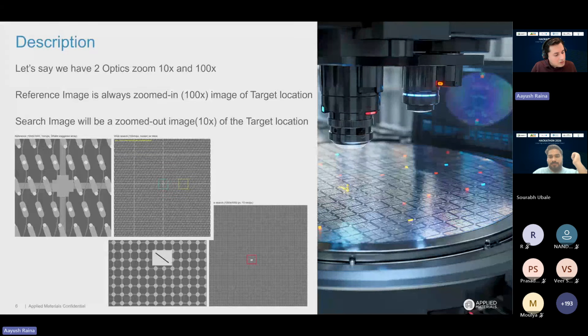Why do we need to use an image classifier? Like, we don't use LiDAR and X-ray mapping? Yes, we asked a question. So there are many ways of doing it. You're right, we can do it with LiDAR and X-ray, but I'll try to answer this question differently. Just hold on for 5 minutes. Okay, we'll come to that.